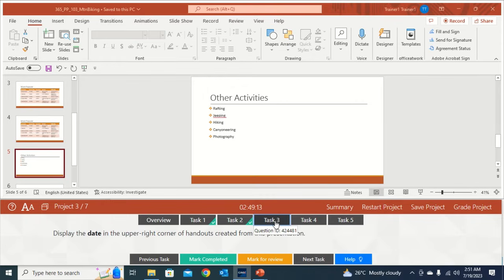Task 3. Display the date in the upper right corner of handouts created from this presentation. So to do this, you click on